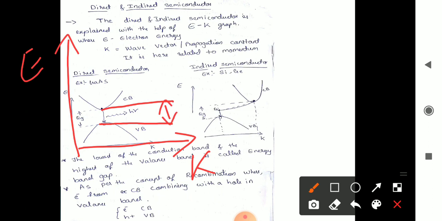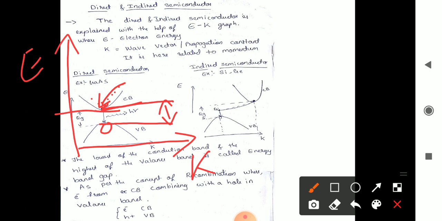We know that in a conduction band many electrons will be present. The electrons always try to occupy the lowest energy state, so this is the lowest energy state in the conduction band. After that, where do they have to move? They move to the valence band, where holes will be present. The vacant states are present in the valence band. So after coming to the lowest place in the conduction band, they will fall down to the valence band.